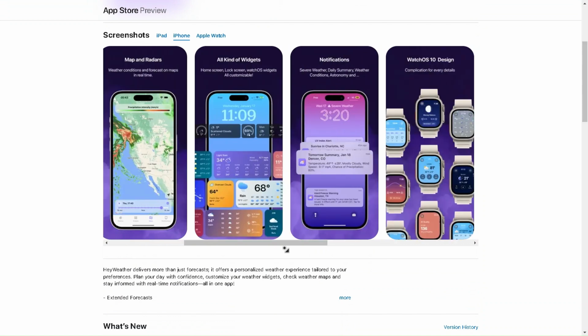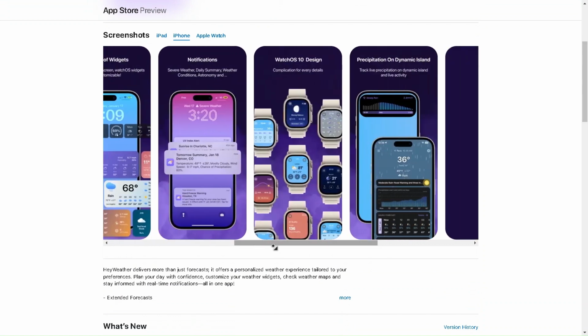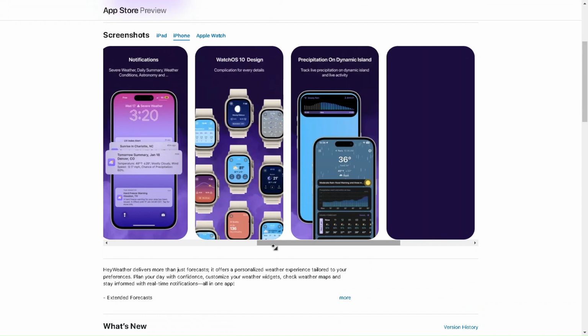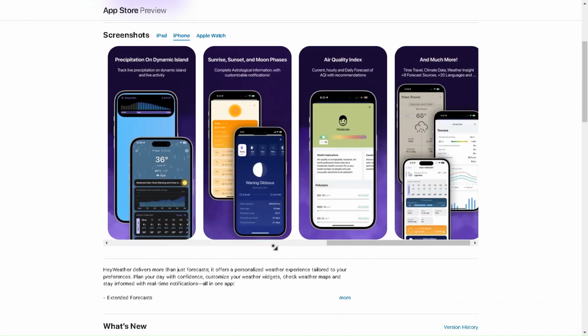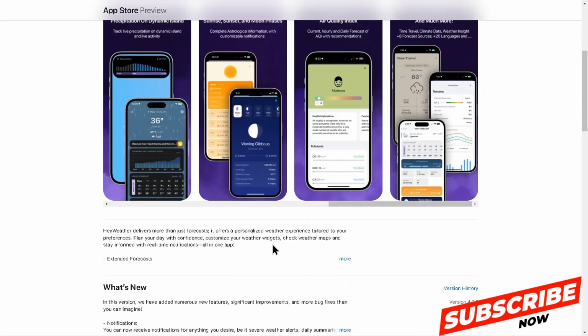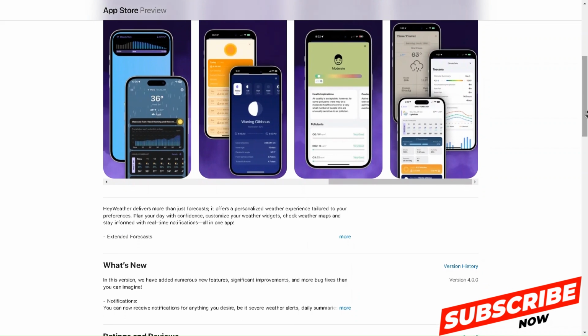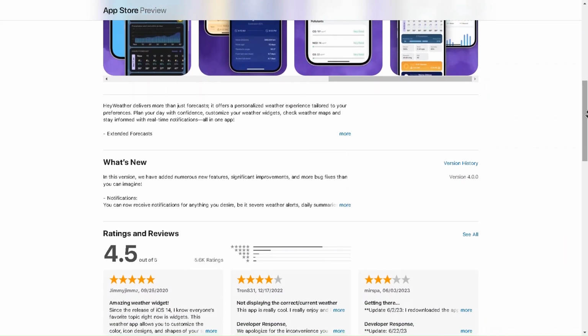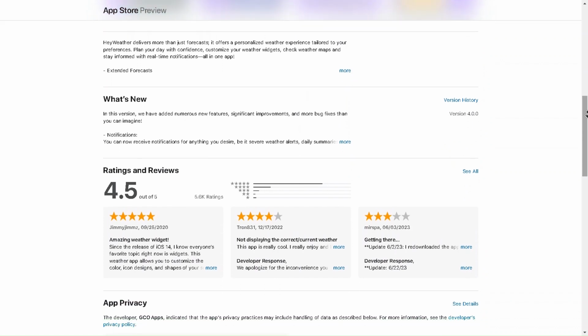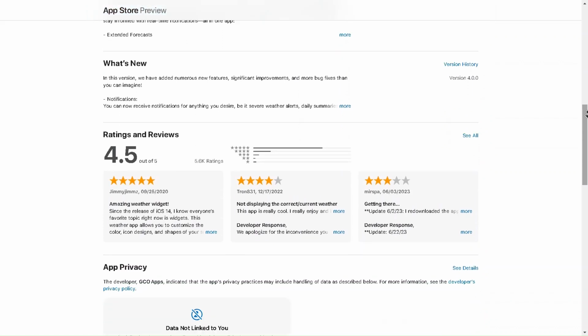But what sets Hey Weather apart? Customize your experience with stunning widgets for your home screen. Choose different styles and sizes that match your aesthetic while keeping you informed. Plus, you can easily switch between multiple locations, so you'll always know what's happening wherever you are or plan to go. So, if you want to stay ahead of the weather in style, download Hey Weather today and embrace the